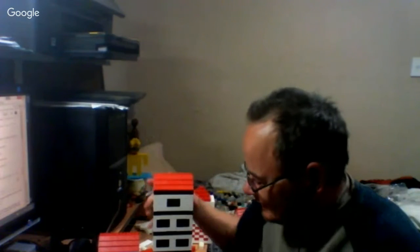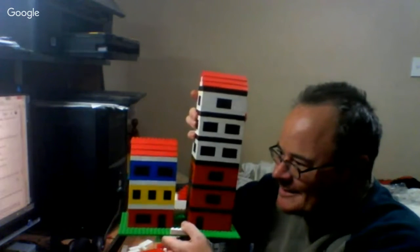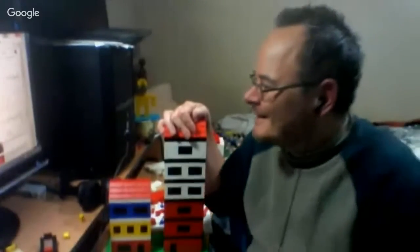Now the same pieces that were in that one were supposed to be the same pieces to do this one as well. So to do both of them, I'm lucky enough to have so many red, white, and blue pieces to do it all at once. So there we go. There is your,